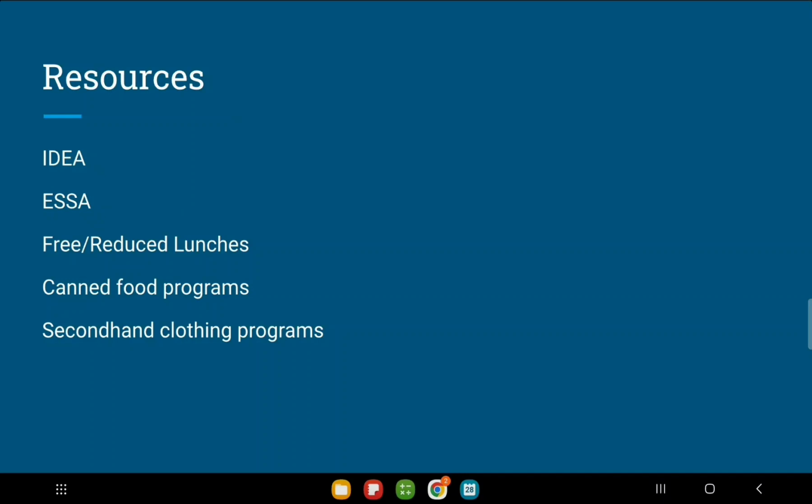Resources. As earlier mentioned, meeting the requirements for IDEA or ESSA can get a child the specialized help that they may require, but remember, the earlier the better. For students who are at risk and may be struggling with poverty or homelessness, just making sure they are getting free or reduced lunch or breakfast if the school provides it,